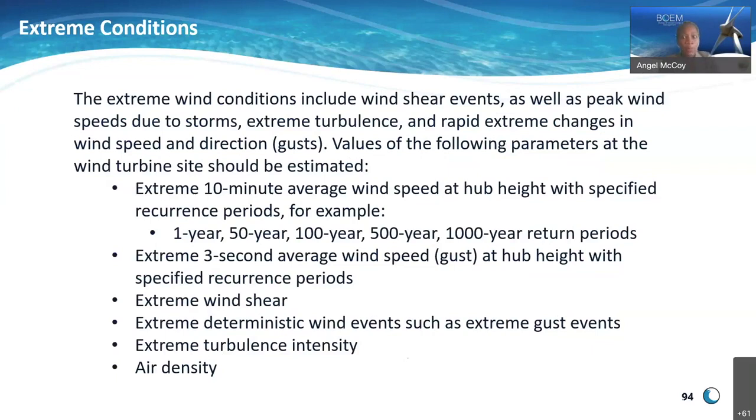And in order to ensure the appropriate level of safety and reliability, we look at the site-specific conditions, and then we take this data and enter it into different engineering calculations to, quote unquote, define the normal design conditions and the extreme conditions. So extreme conditions would include changes in wind speed and direction during storms, consideration of turbulence and